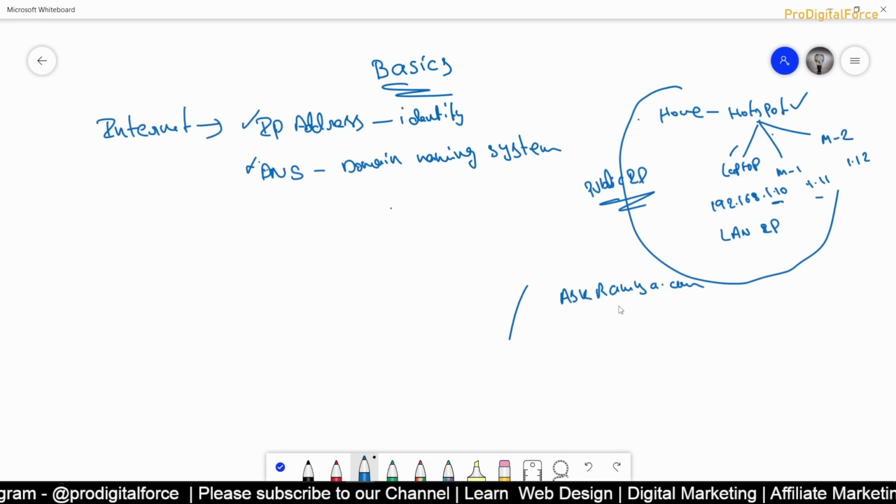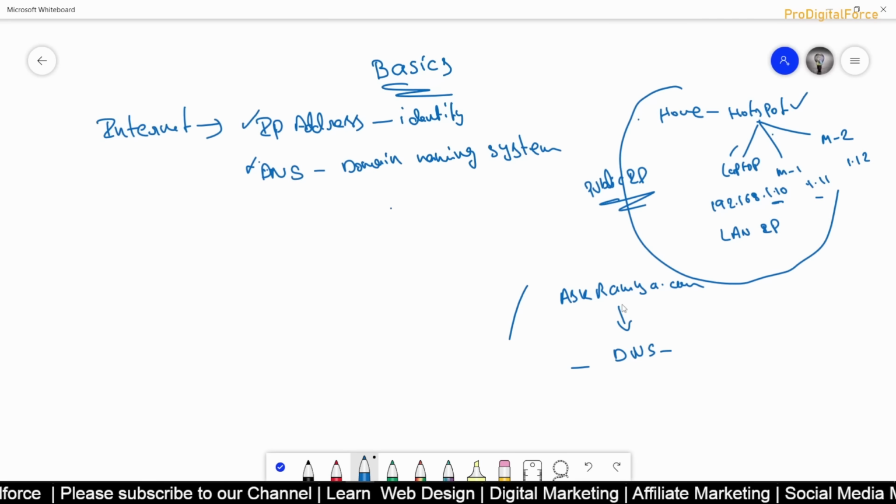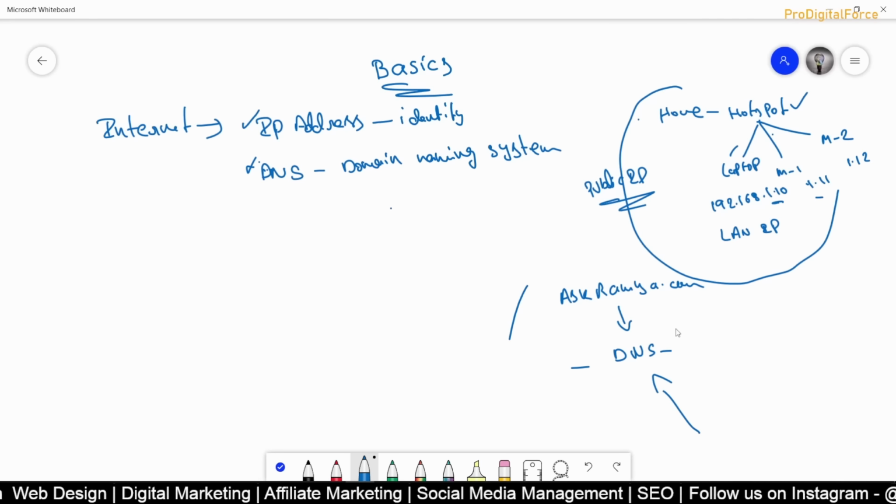Now, what does DNS do? It helps people. That means if tomorrow I am trying to browse this website askramya.com, DNS will help me find where this website is. Now if she puts a DNS which does not care what traffic is coming to her website, what will happen? All the requests will start flowing to her website. That means a genuine user can reach the website, and even if a hacker is coming and trying to access her website, they'll be able to reach it.